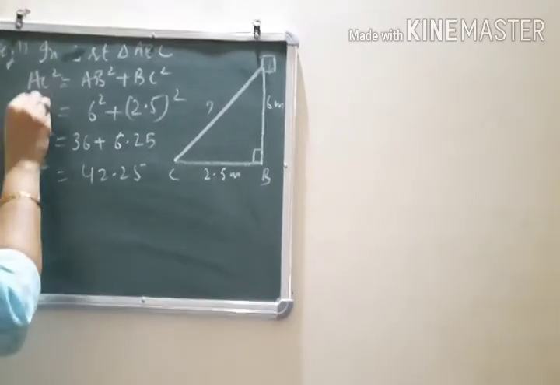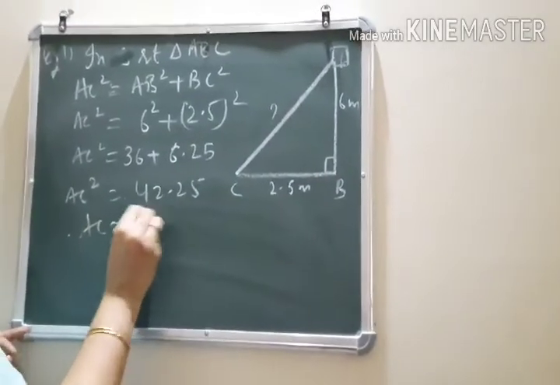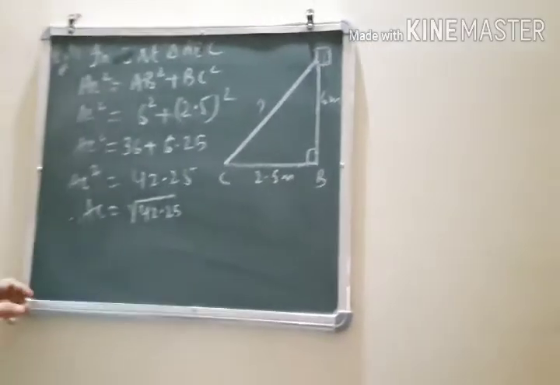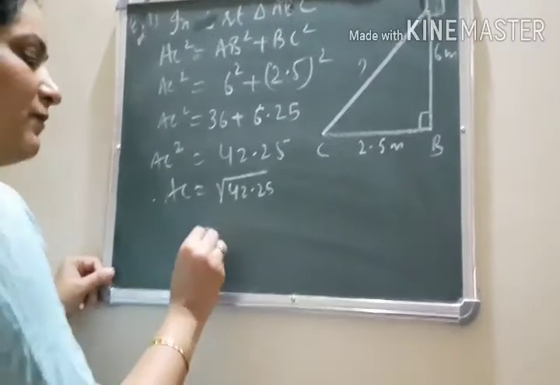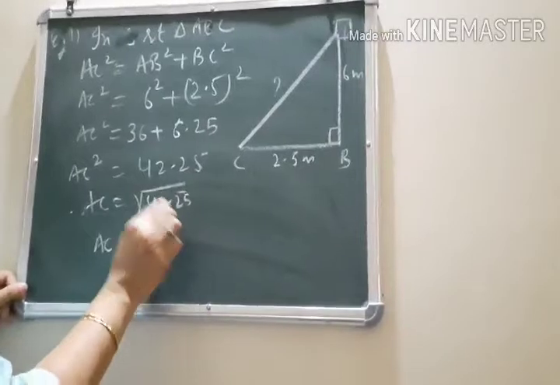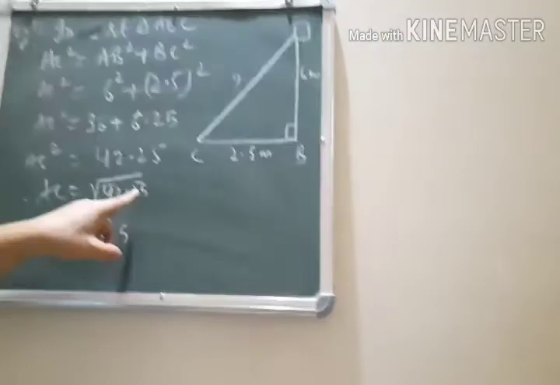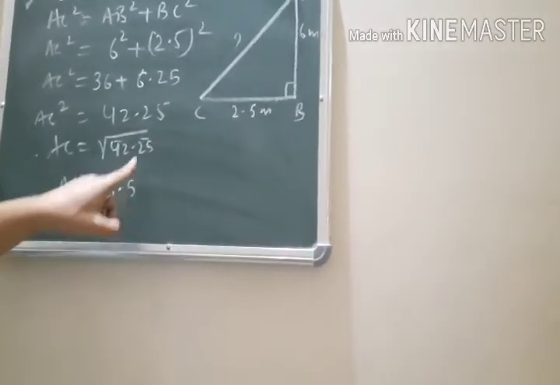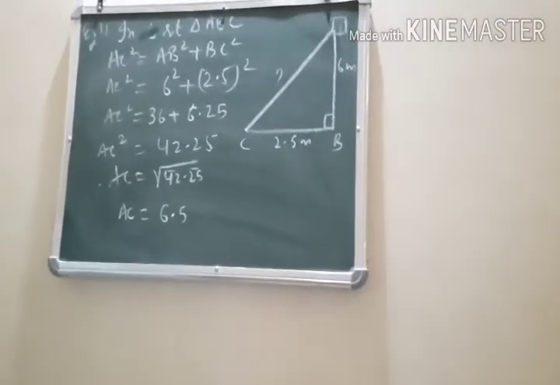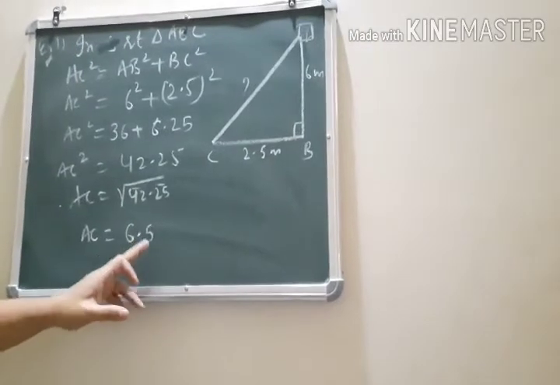Now 42.25, we have to find the square root of it. What is the square root of 42.25? The square root of 42.25 will be 6.5. I have done it with estimation. Make the pairs. From the last pair we can find the unit digit. As it is 25, unit digit will be 5. And before 42, what is the perfect square? The smaller perfect square than 42 is 36, and 36 is the square of 6. So the answer will be 6.5.